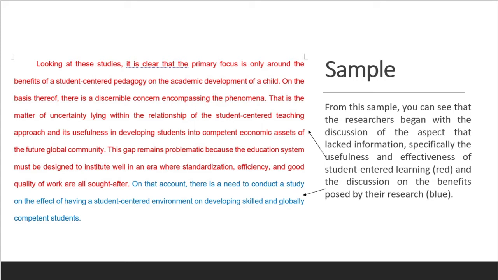This gap remains problematic because the education system must be designed to institute well in an era where standardization, efficiency, and good quality of work are all sought after. So what was the discrepancy? They said that, yes, we know that